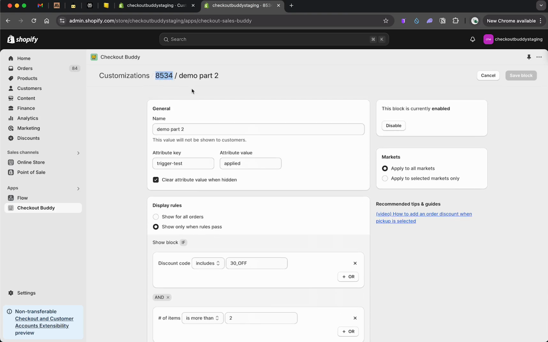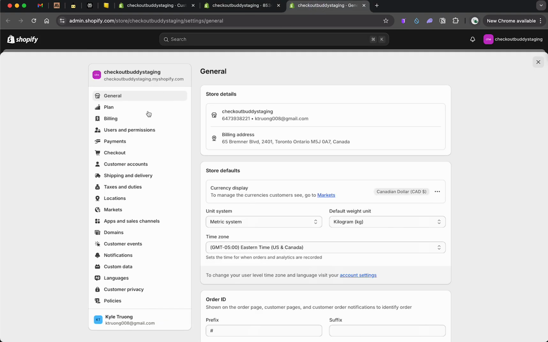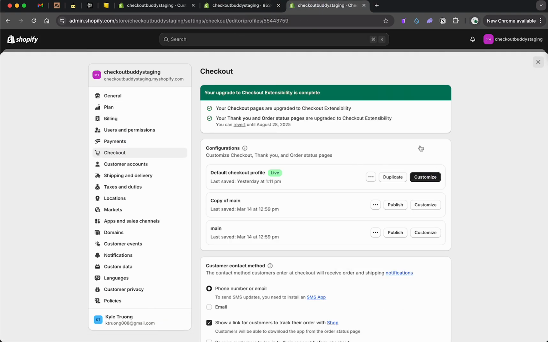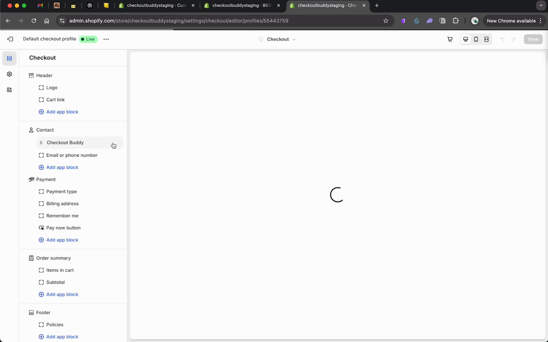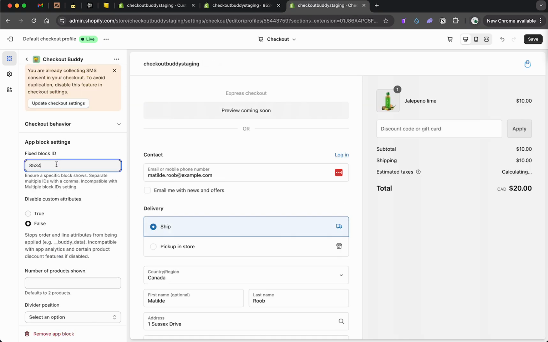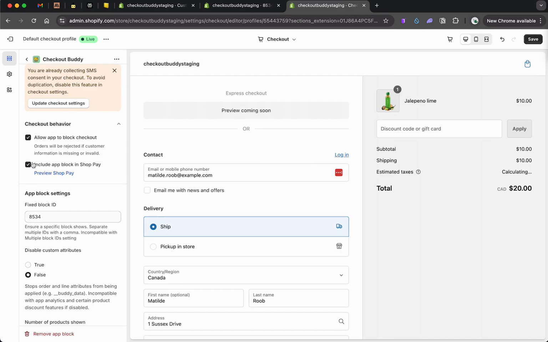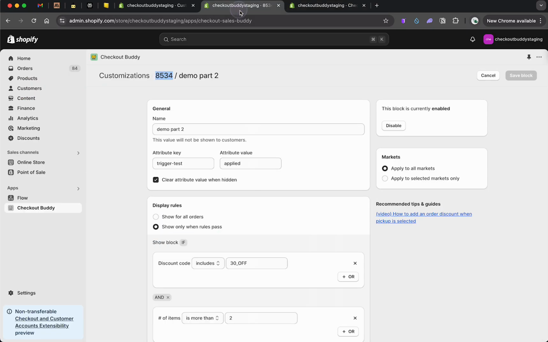First, we got to add this block to checkout. So we copy that ID of the block, and then we go to the checkout customizer. And then we already have a block here. So just for demo purposes, we go in here, we copy paste that, make sure to include it in Shop Pay, we save it, and to show in the online store,